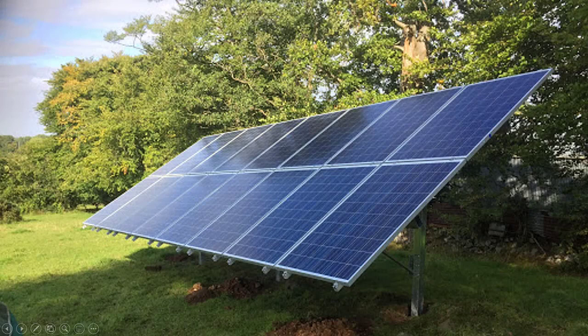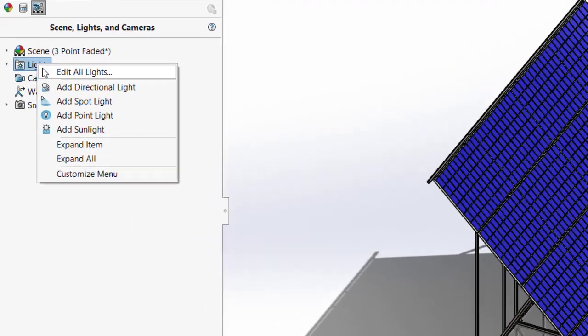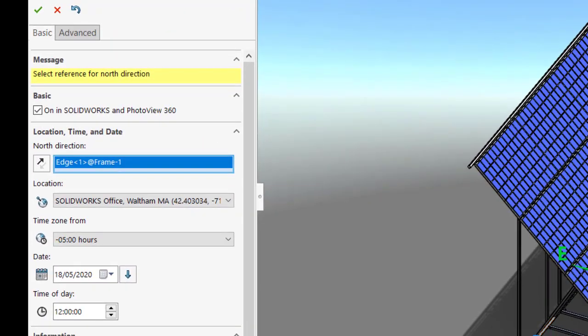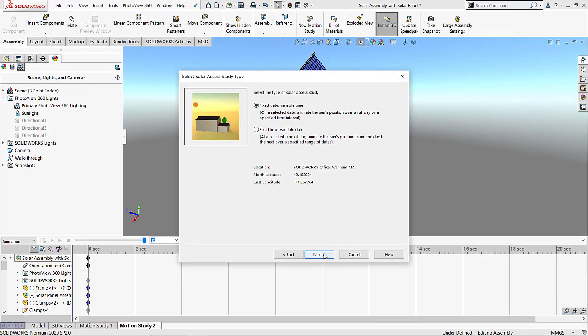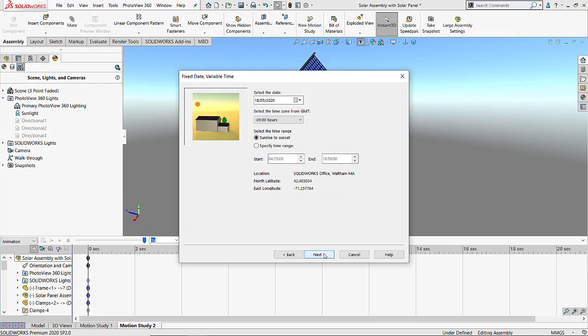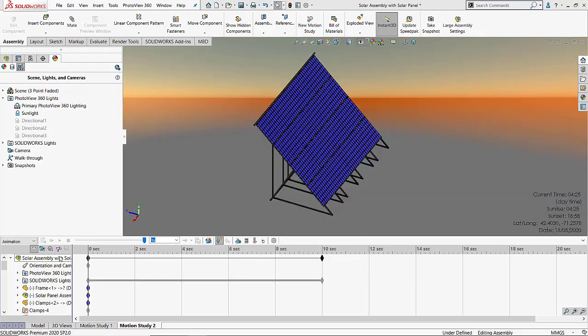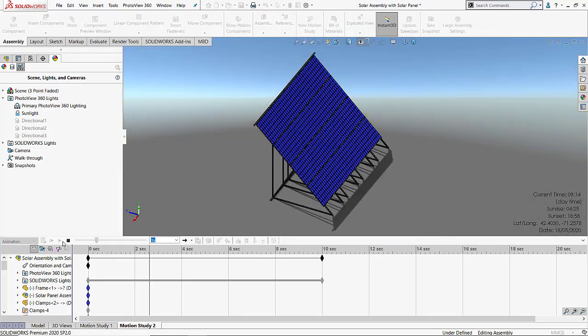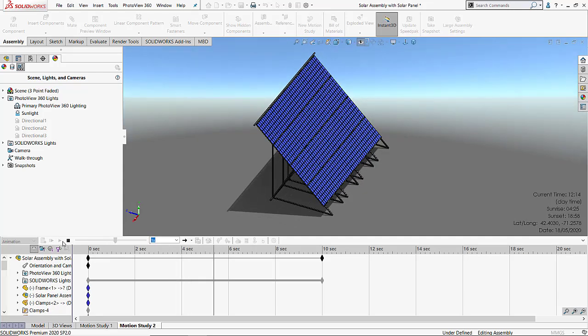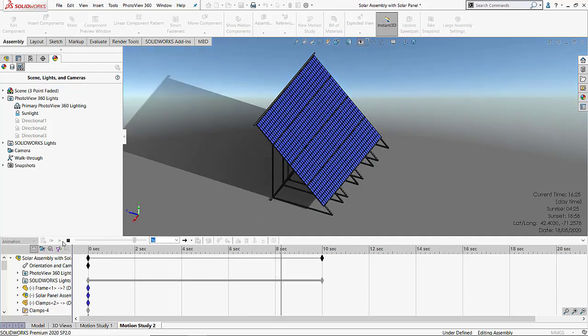Predicting shadow length is very important for perfect placement of PV modules. In SolidWorks, I can go ahead and define the location of the sun. I need to select some parameters like direction of north, coordinates, time, and date. Next, I can use the solar axis study to create an animation of the moving sun, which will give me my shadow accurately. Here is an example of that. Setting up a shadow analysis is so simple and easy to perform. I can create multiple iterations and find the best position to place my PV modules.